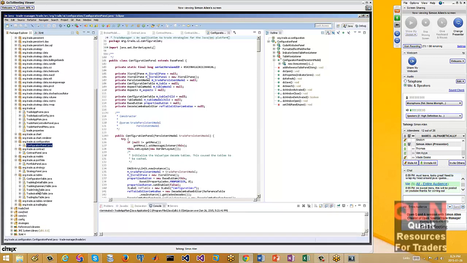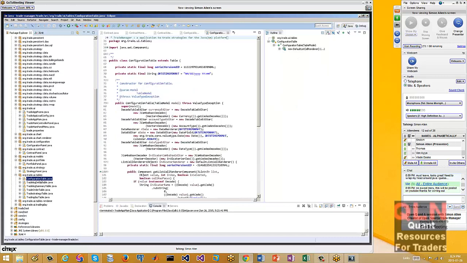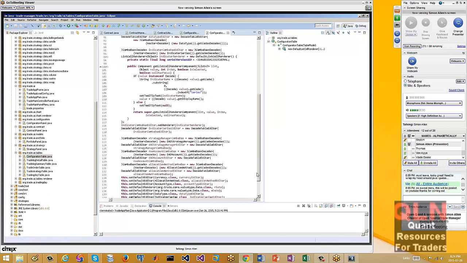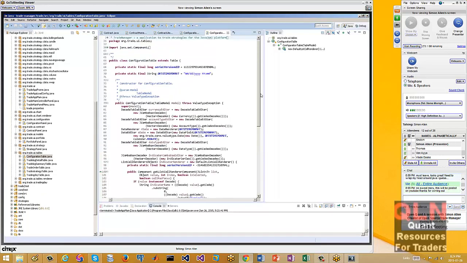So whenever you see a table, I use a base class table, and then I inherit from that base class table and configure it. Any table in the application is built this way, and everything on it is configurable. The editors and renderers for the cells in the table are all configurable and use value types, etc. Of course, every table has to have a model below the table, and because we use a model